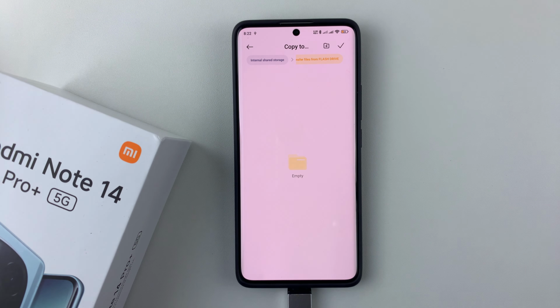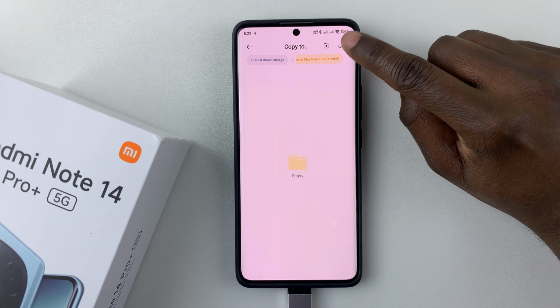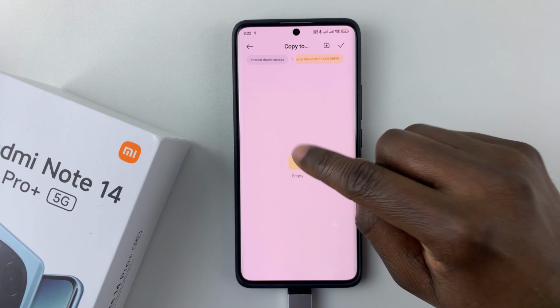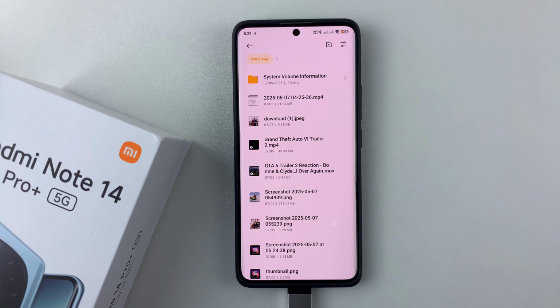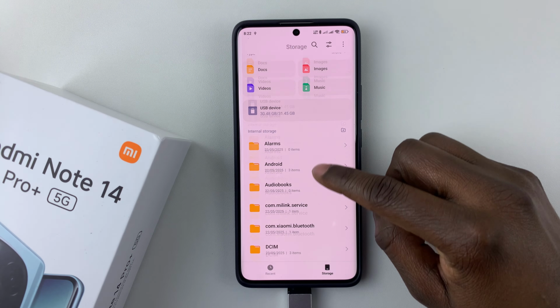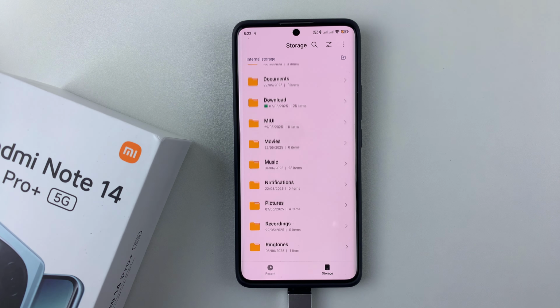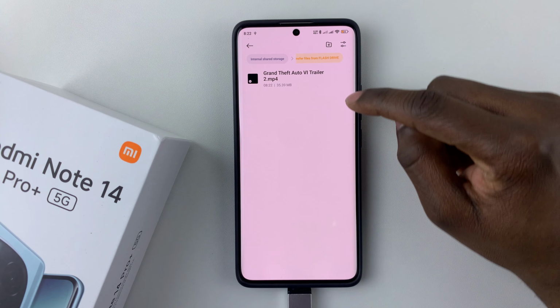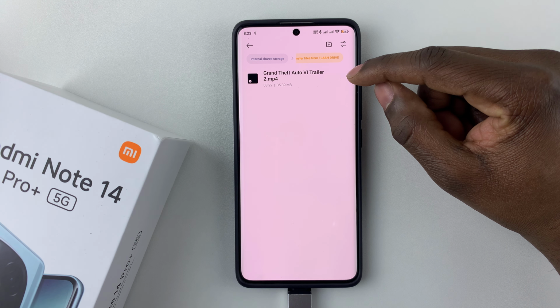And then all you have to do is simply tap on the check mark at the top right corner to copy that file from your flash drive to your Redmi Note 14. So tap on that and you should see the process copying. Now, when you go to your storage, internal storage, you can find that particular folder. Here it is. And then now you can see that particular file has been transferred from your USB flash drive to your Redmi